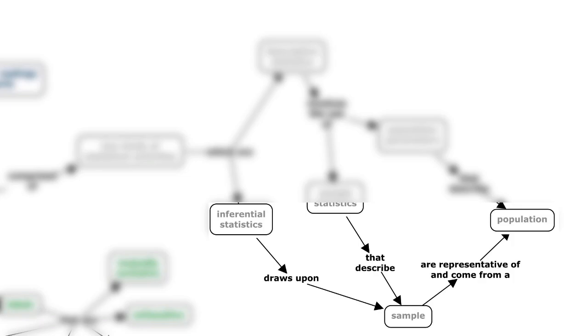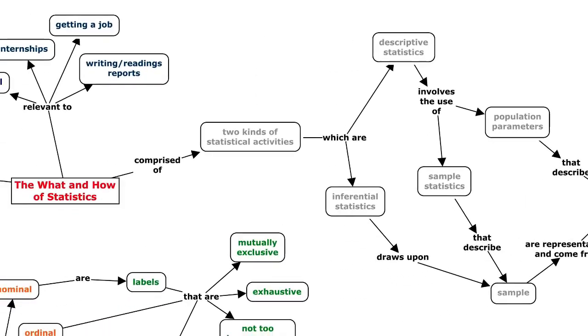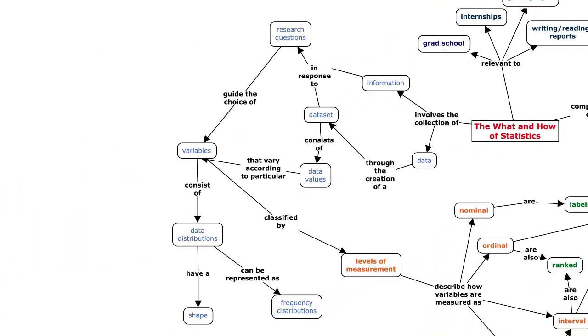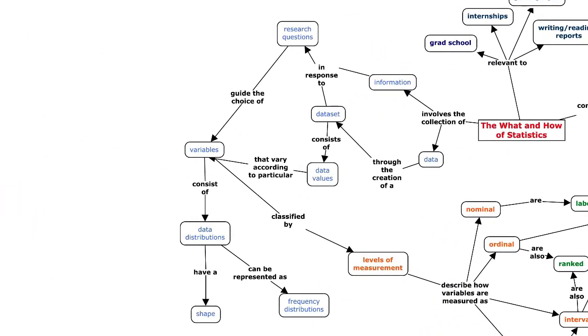It requires a sample. And samples, if they are representative of population, allow us to make certain claims about that population. Now over to the other side, the left-hand side of our concept map, where I have a cluster of nodes using a light blue text. Here we see some important key concepts or threshold concepts, concepts that are important to our understanding of the discipline